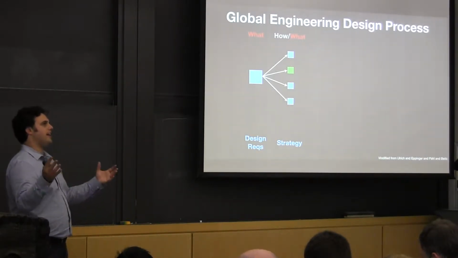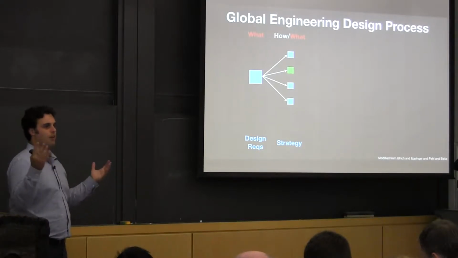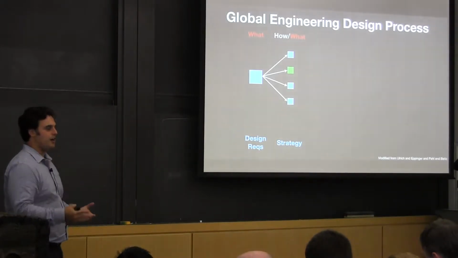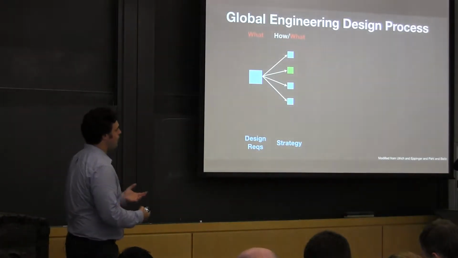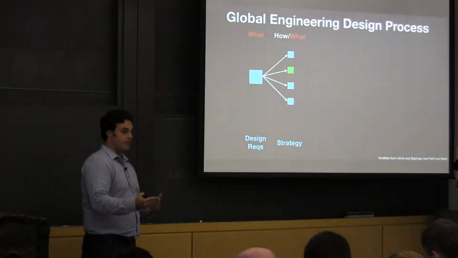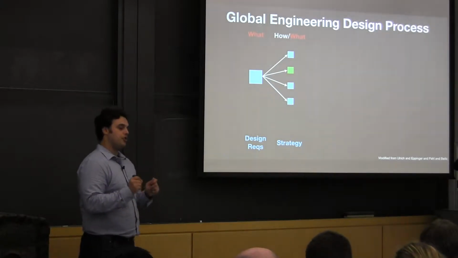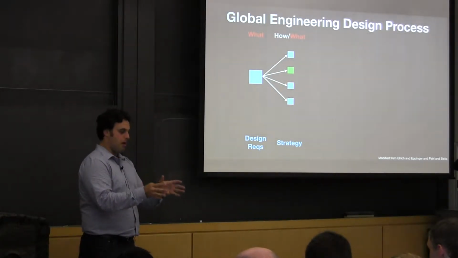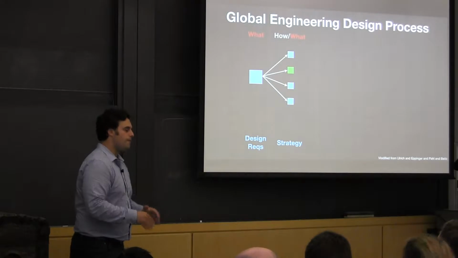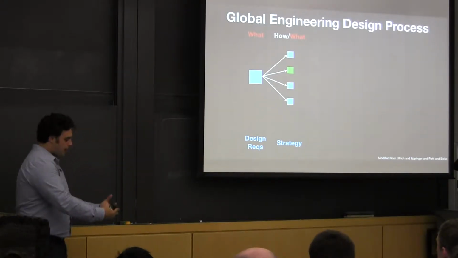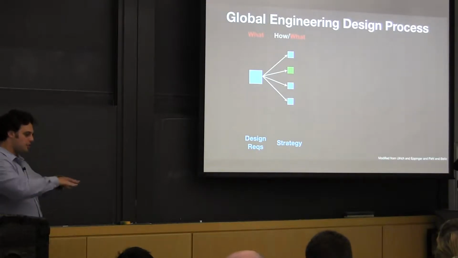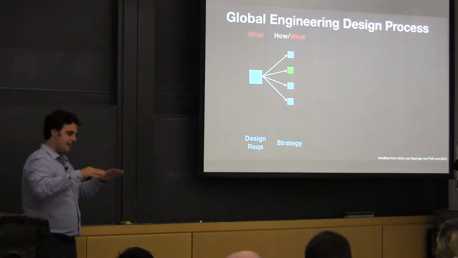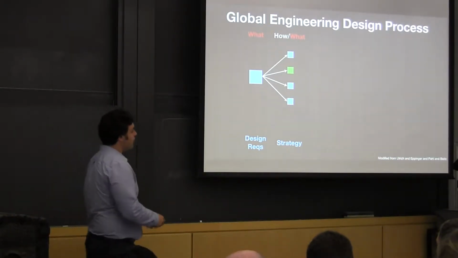You could talk about collecting water from water vapor in the air. You could talk about gravitational flow of water. You could talk about actively pumping the water. Each of those strategies doesn't give you a picture in your head of what the physical embodiment of the solution would be. So as designers, you should try to push yourself to think higher level and explore strategies in a general sense, and then you can find a best one and then go into your concepts.